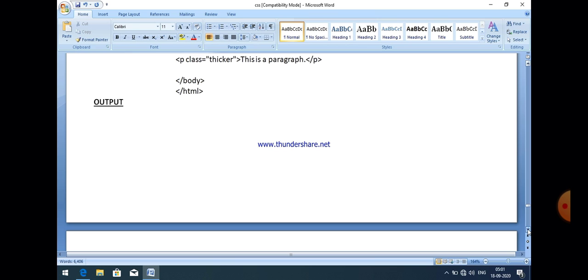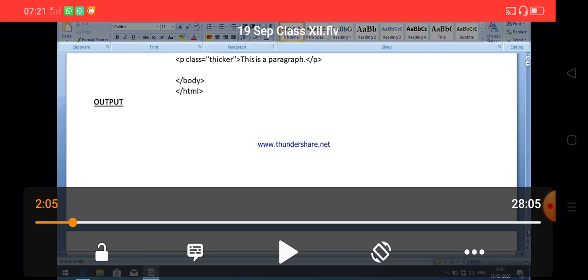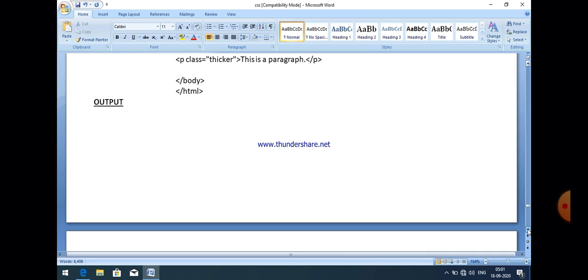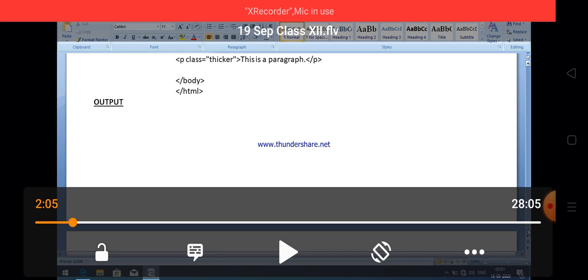And after that, different property value combinations must be learned and must be remembered to implement, and after that implement just one by one, and then in a single program try to implement all these CSS properties. It gives you a clear idea how CSS property works with your HTML program. So now CSS is complete here.